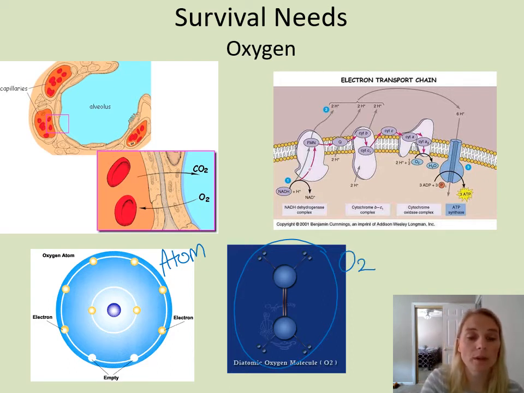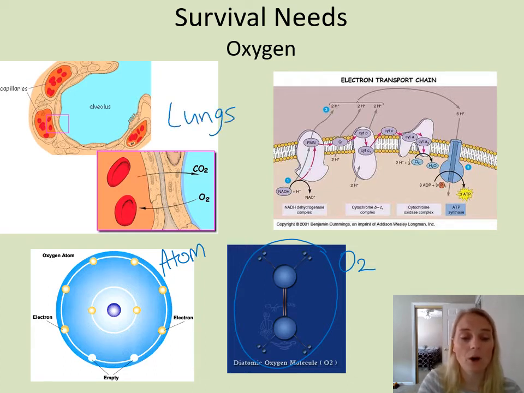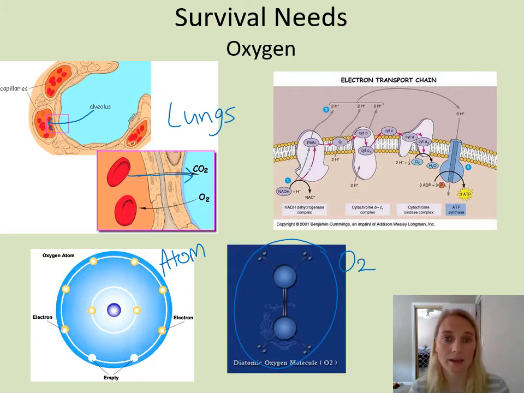This picture is showing in the lungs, way down at the microscopic level, how oxygen from what we breathe in moves into the bloodstream, and our waste product of carbon dioxide is exhaled out. So every time we breathe in, we take in oxygen, and when we exhale, we release carbon dioxide. And that's all great. So that's what the atom looks like. This is where we exchange, we get our oxygen in our lungs. But what does oxygen actually do? Well,